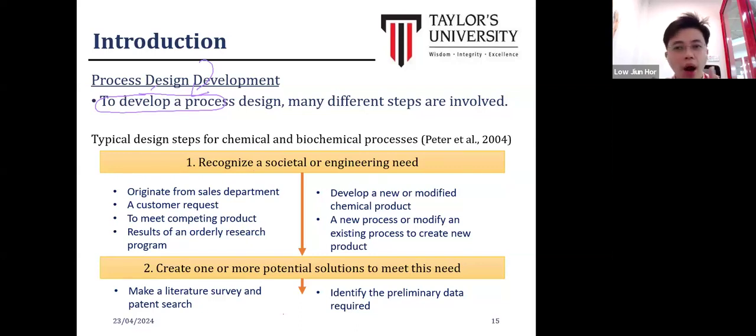Meaning that how are you going to design a chemical plant? We don't have any fixed SOP to follow. So that's why I told you just now already, chemical plant design is considered as open-ended. Okay, and actually there are a lot of different guidelines of framework